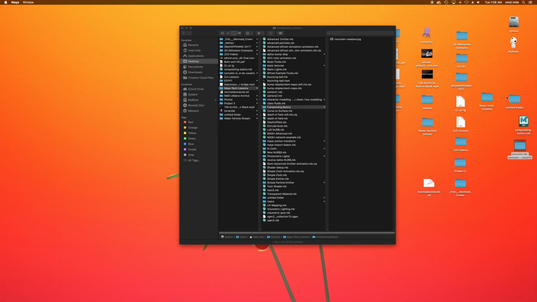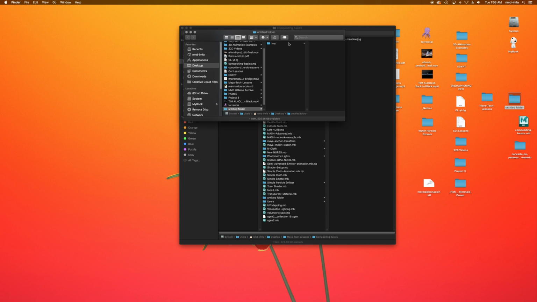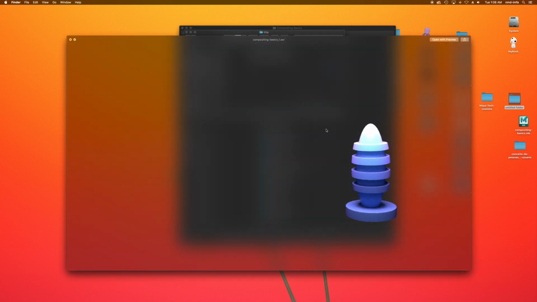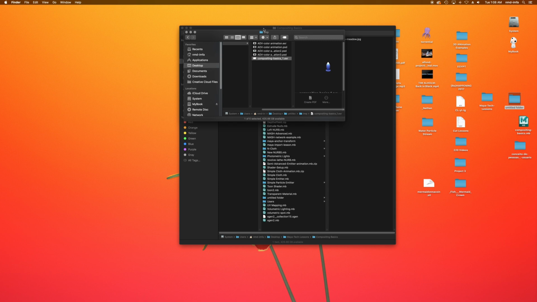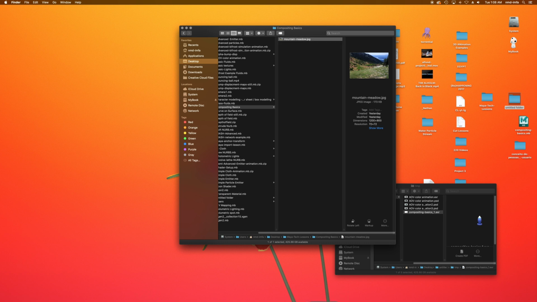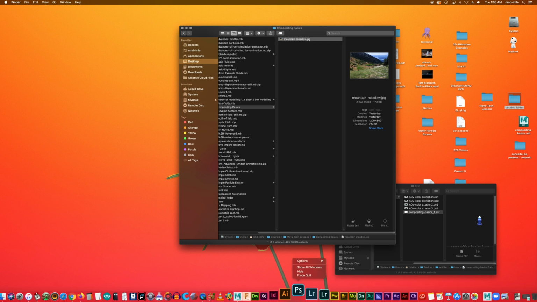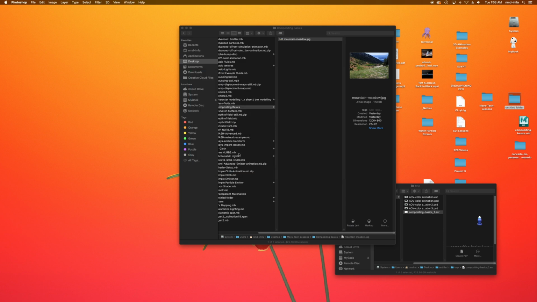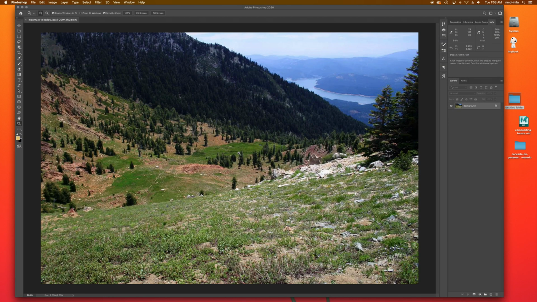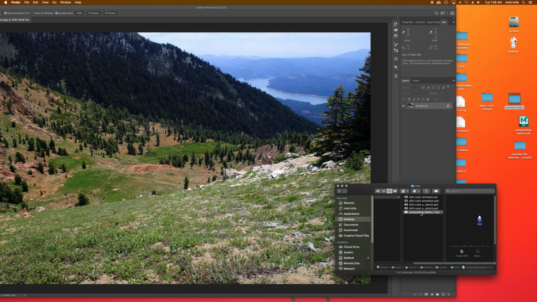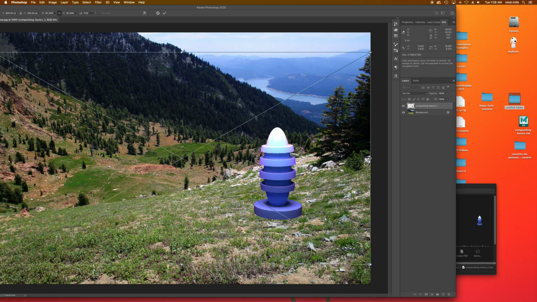And my renders are just on my desktop here. So there we go, Compositing Basics. You can see it's got a nice alpha channel there. And I'm going to go ahead and grab my mountain meadow and bring that down into Photoshop. Alright, cool. And now I can go ahead and bring that EXR file in. And there we go. And the nice thing about aligning that up ahead of time in the 3D is it